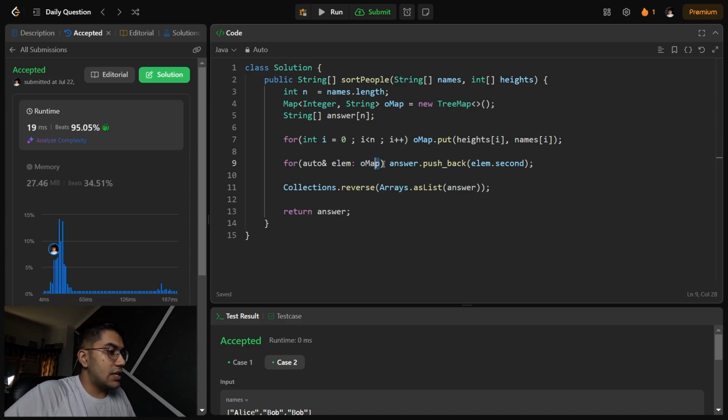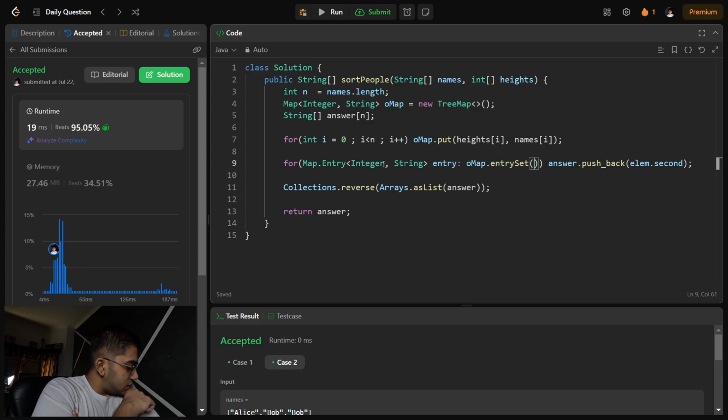Okay, so the syntax goes like this. For map dot entry, integer, string, and then entry, whatever the entry is, and I say omap dot entry set. Omap dot entry set, and answer of,